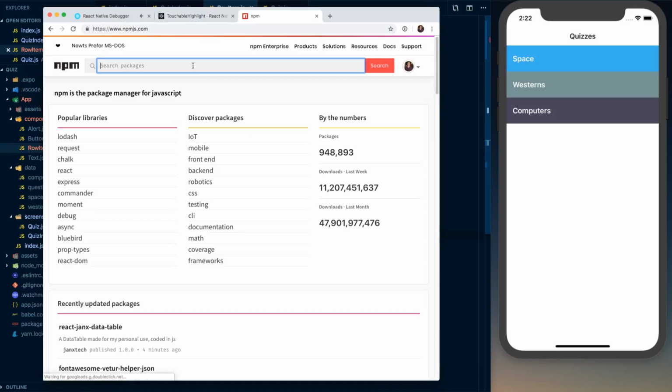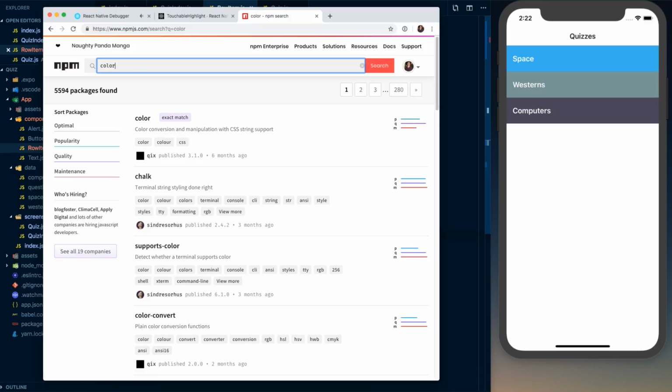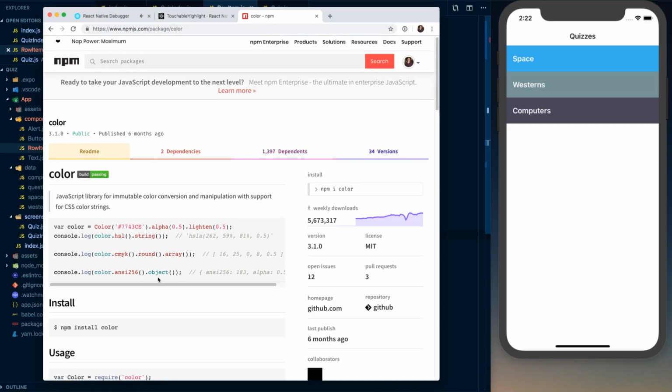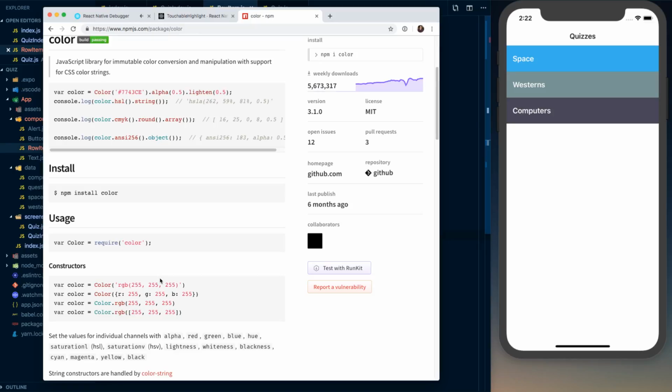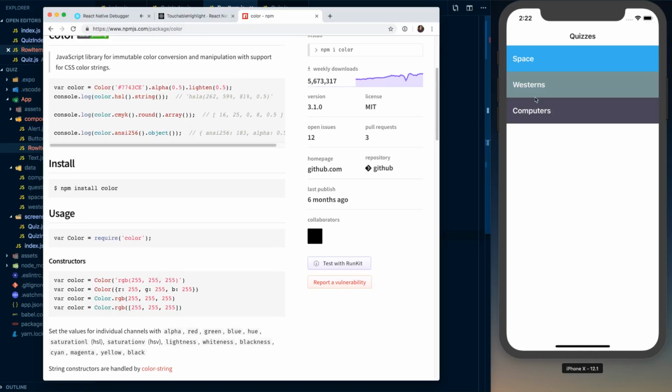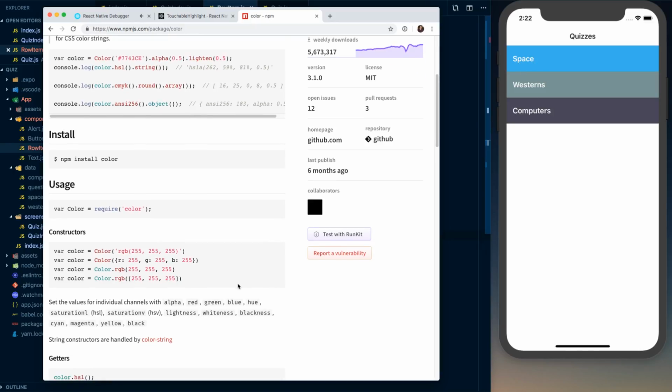So what we could do, there's a package on NPM. I think it's, yeah, color conversion and manipulation. But what we could do is actually lighten what the active button color is. That way it could kind of,